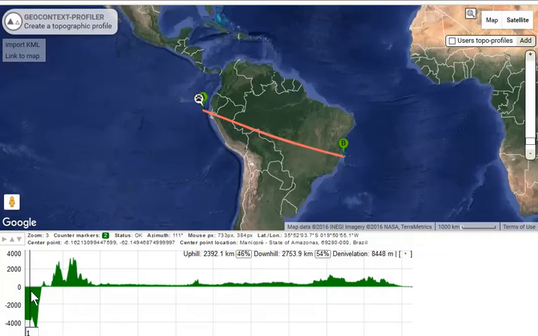And so as we go, first thing we note is the deep ocean trench here. Keep in mind we're over here on the western side of South America. So we have that deep ocean trench as the Pacific plate, or the Nazca plate to be more specific, goes underneath the South American plate. So we can see that in terms of that deep ocean trench found right along the edge of the South